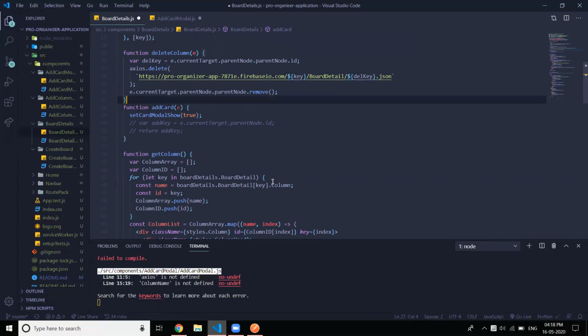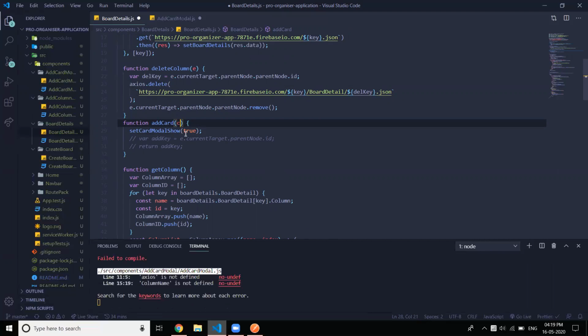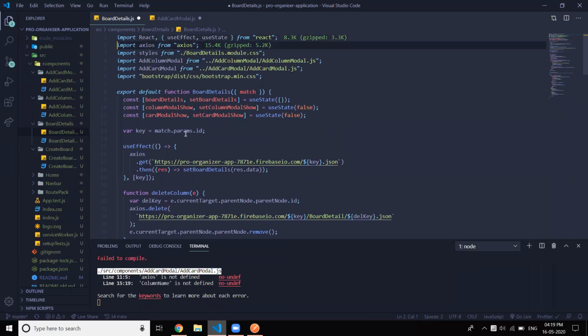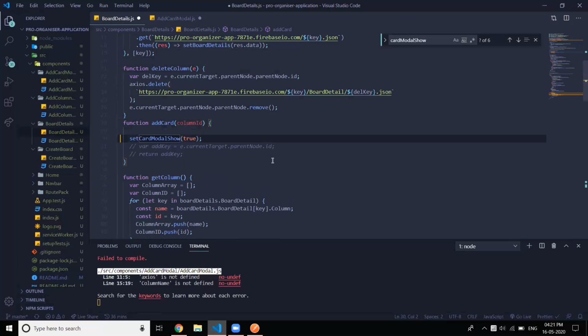But I think that is not possible. We need to set the column ID. When we set this column ID, this whole component will reload actually. Is there any better way?